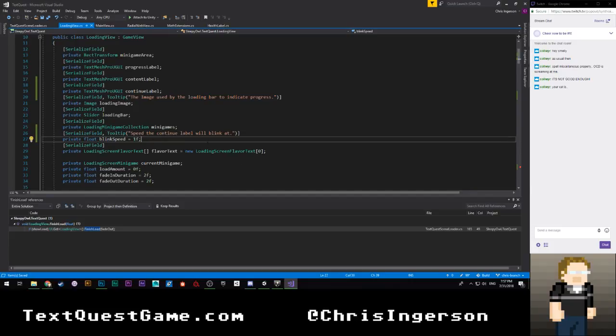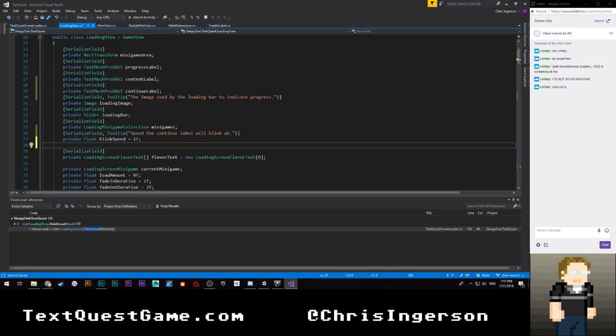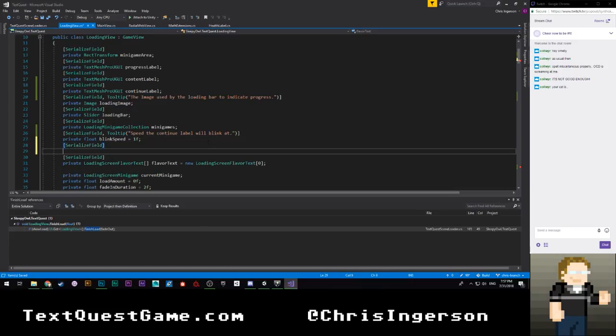And I suppose I also want to have a field, private, Vector2, blink range is equal to new Vector2, 0.5f, and then 1f, followed by,